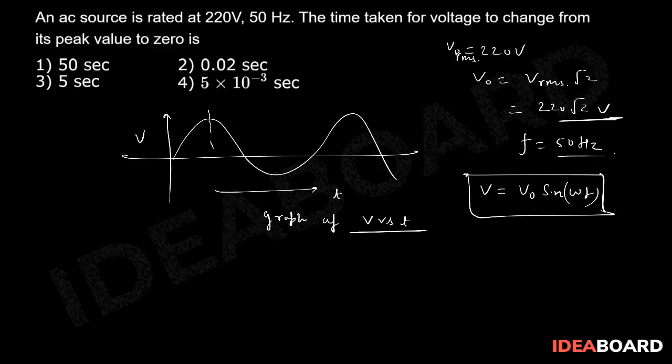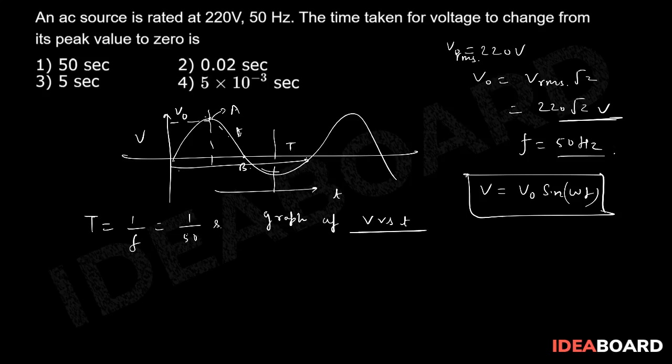So now if you see, according to your question, they say the time taken for voltage to change from peak value to 0. Of course this is going to be the peak value, which is V0. So peak value to 0, so 2 points A and B are there. They are asking for this time. As we know that this is one cycle, one full cycle, this will take T time, right? So time period will be equal to 1 upon f, which will be equal to 1 upon 50